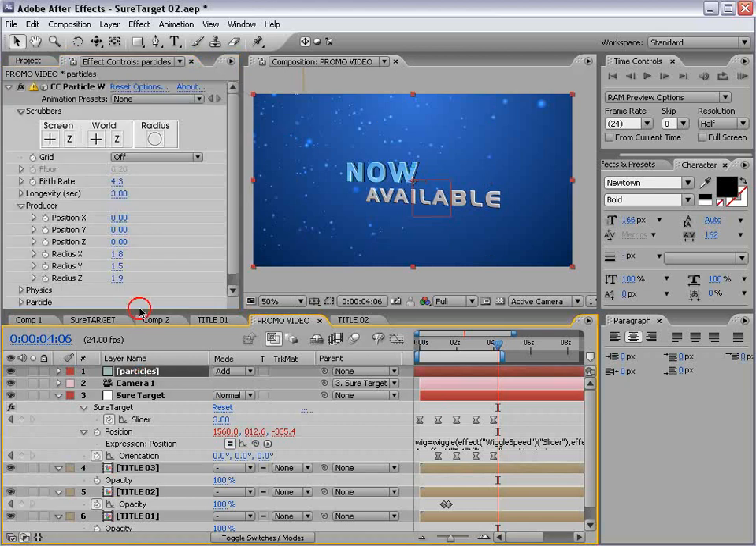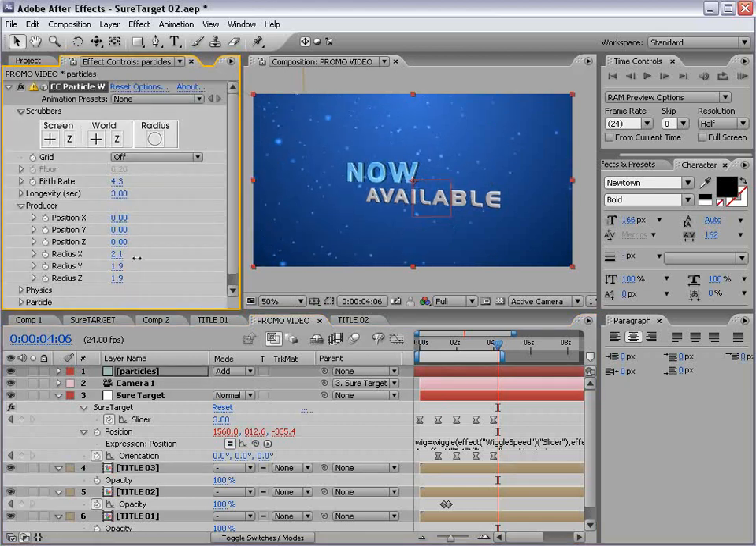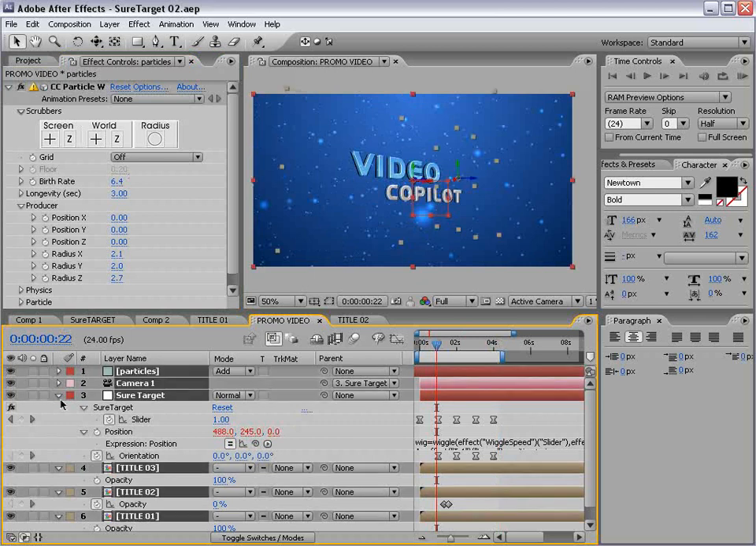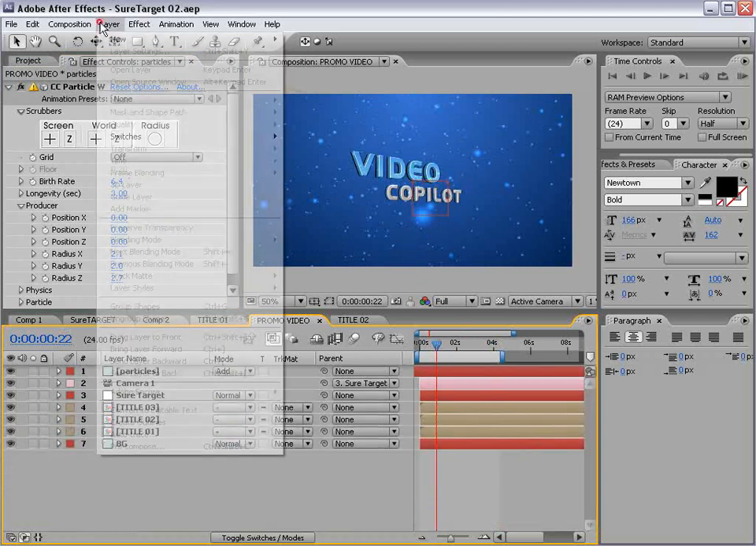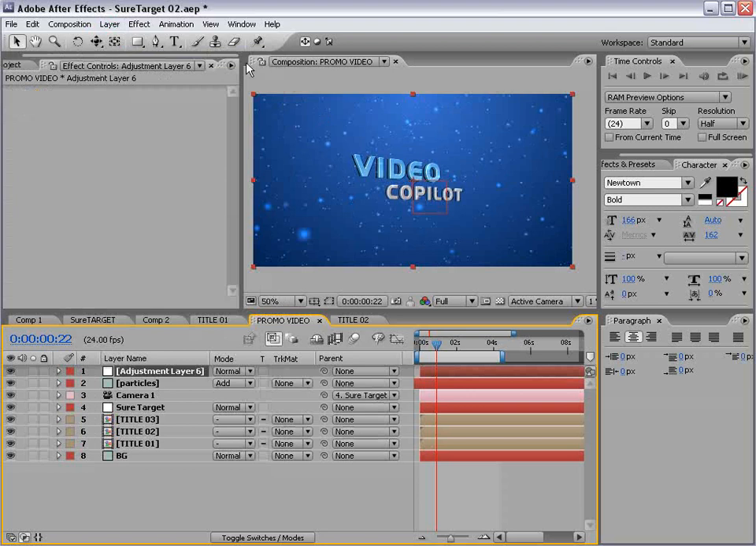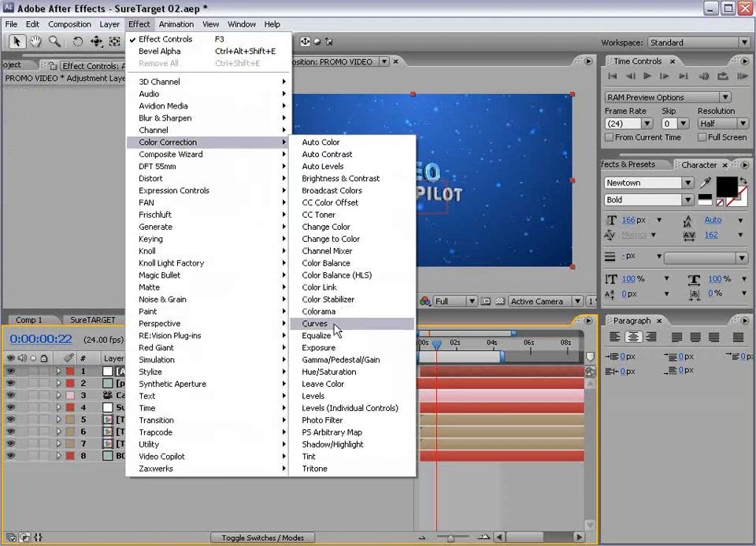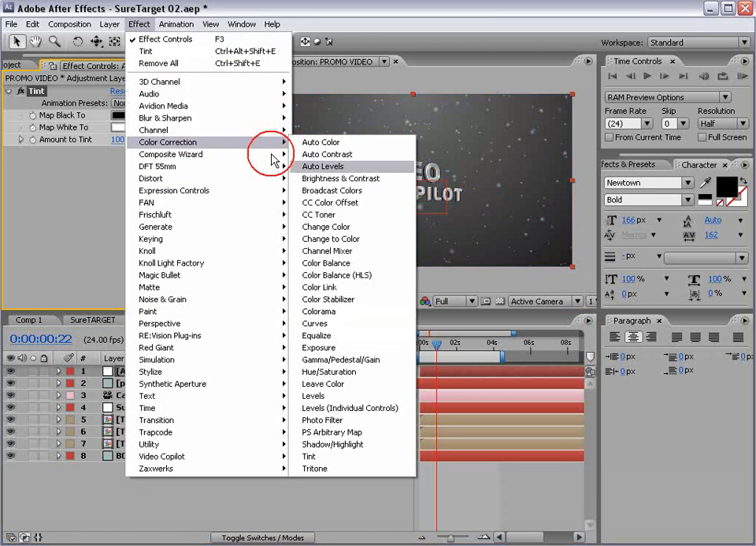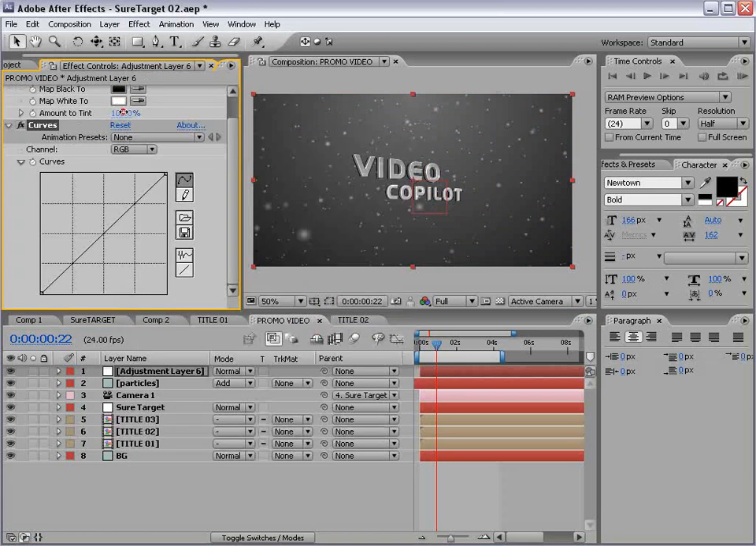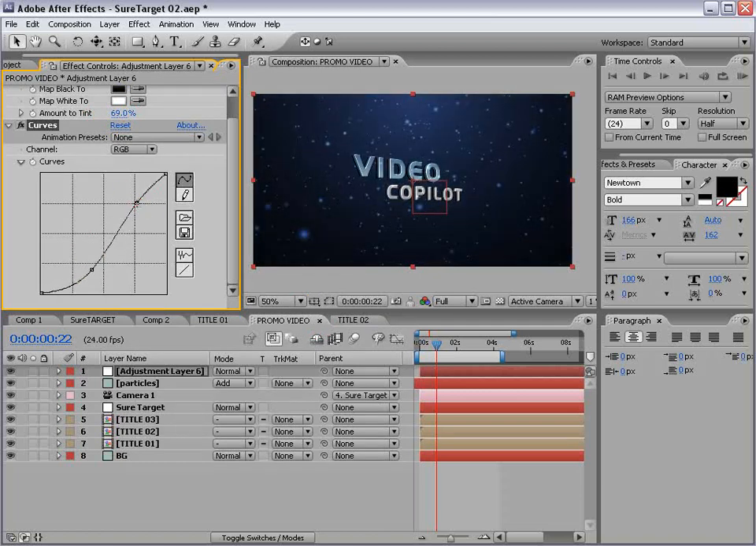Now we'll go ahead into the particles and let's increase the radius so that we can see the particles in the entire frame here, and maybe increase the birth rate again. Okay, now to do some color changes, let's create an adjustment layer. And it's pretty simple. You just add color effects to the adjustment layer, like a tint and maybe a curves adjustment. We'll turn the tint down a little bit and just give it a really harsh brightness contrast curve,